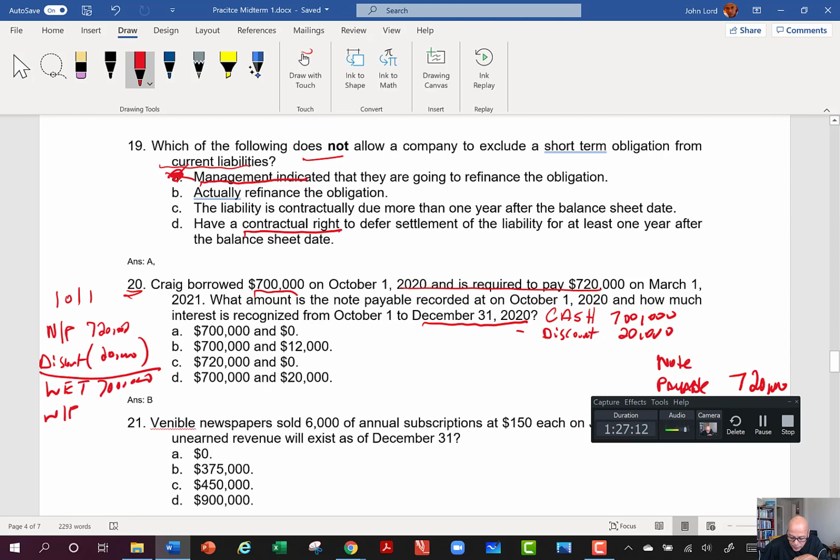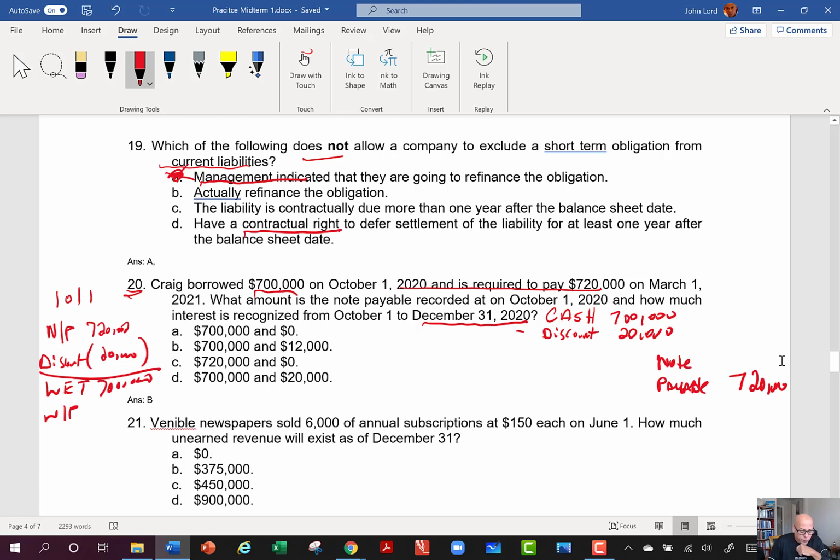They're going to have to pay that on March 1st of the next year, 2021. Okay. Now, what amount is the note payable on October 1st, 2020, and how much interest should be recognized from the period October 1st